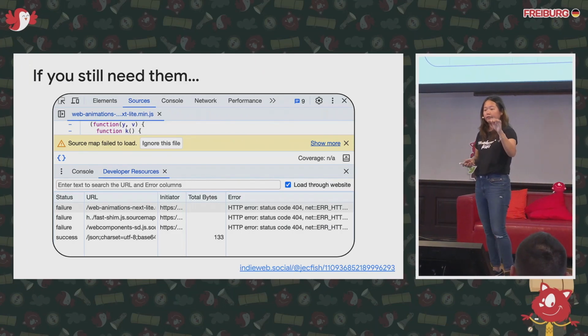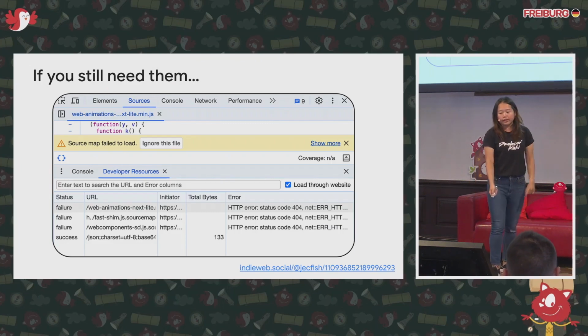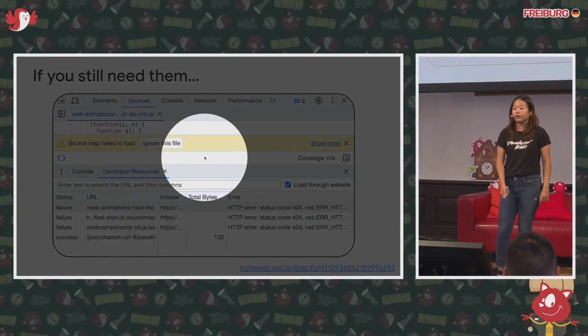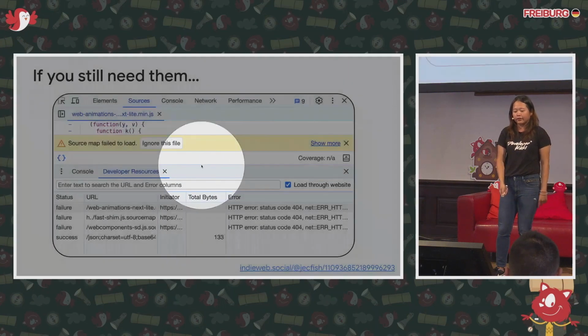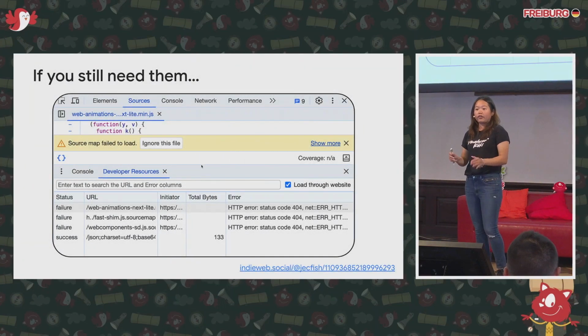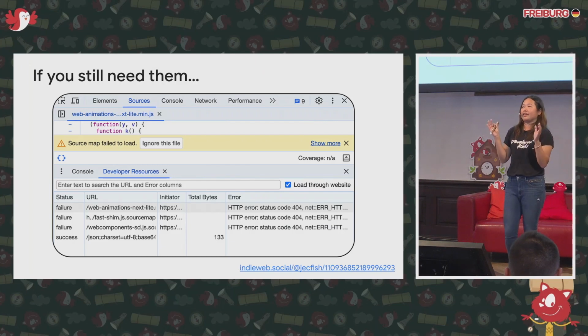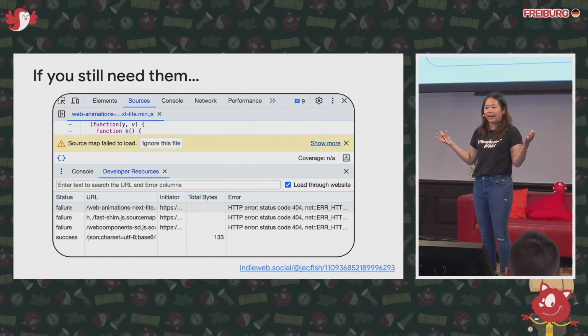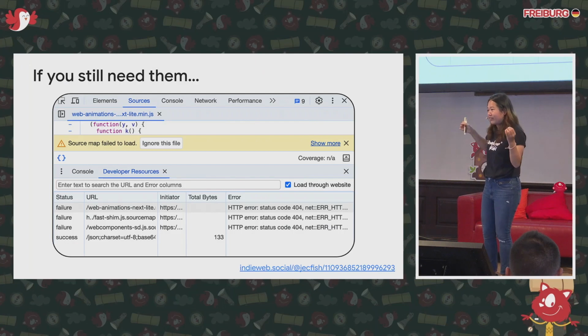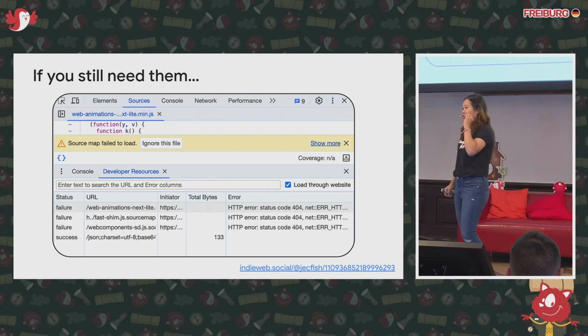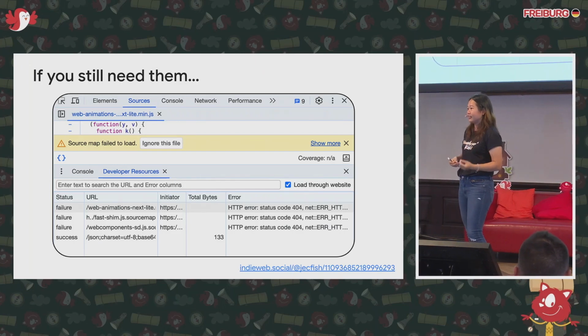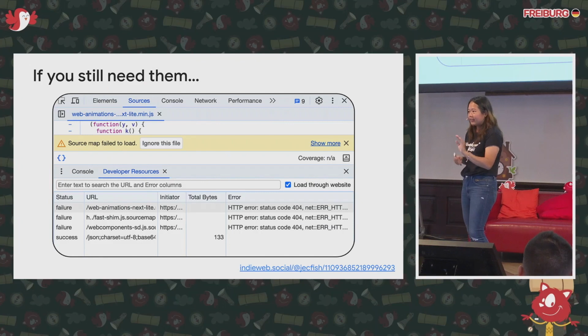And if you open a certain minified file, because sometimes you want to debug your final minified JavaScript file, when you open it, we will show you the errors as well. We say that the source map failed to load, and you can choose to ignore this file, or you can do nothing. By default, you don't see that in the console. Because if you think of it, the console is one of the prime UIs that you go to to find out what errors really matter to you. With all this noise, it makes it harder to debug. So now we remove it and give you a cleaner and more peaceful console.